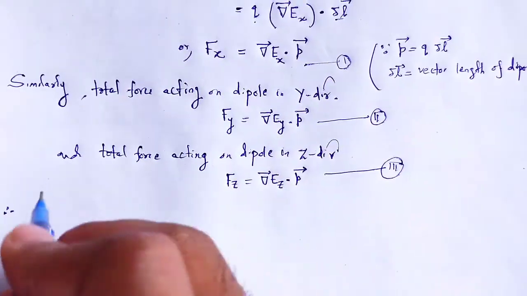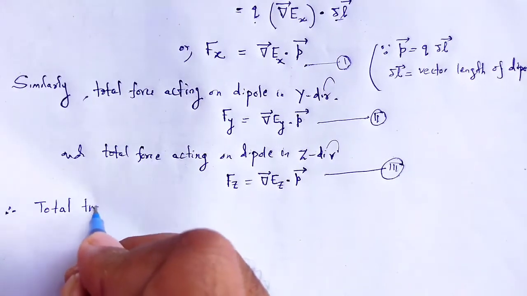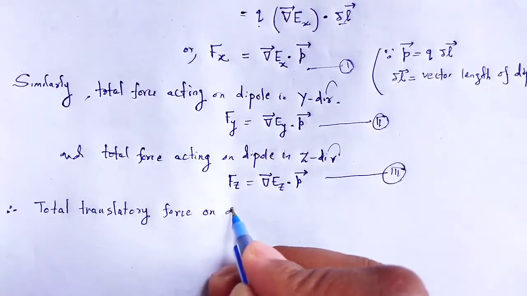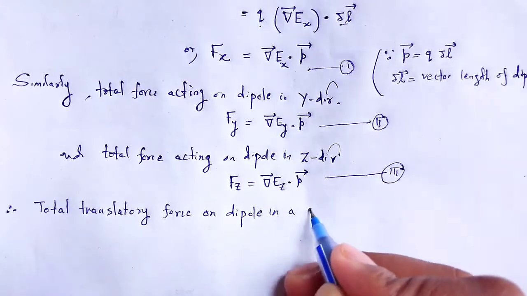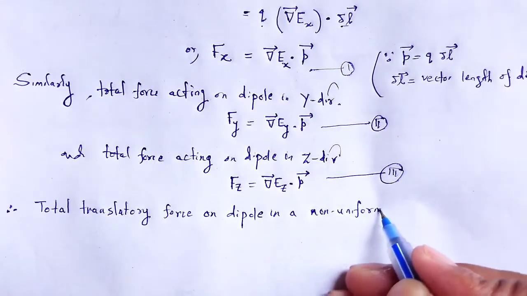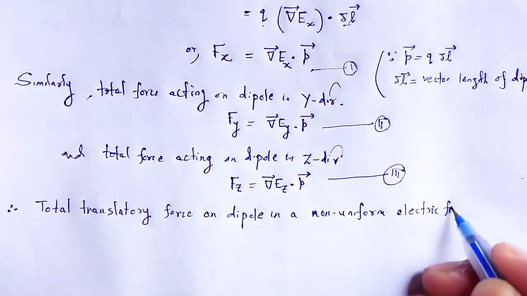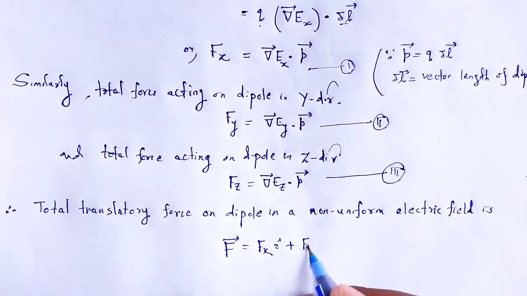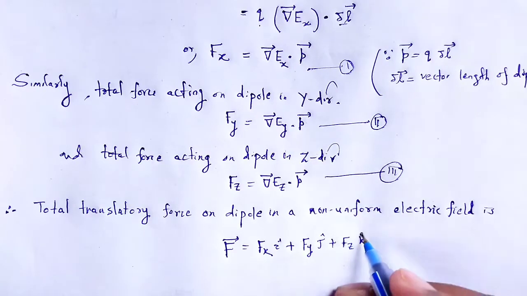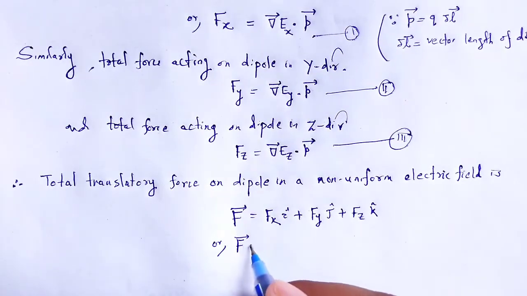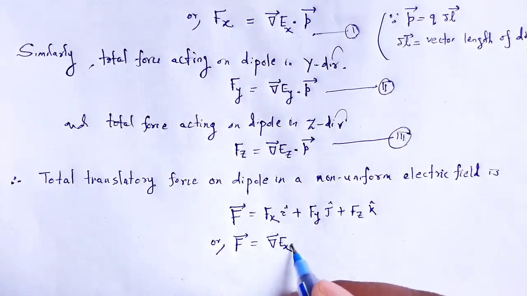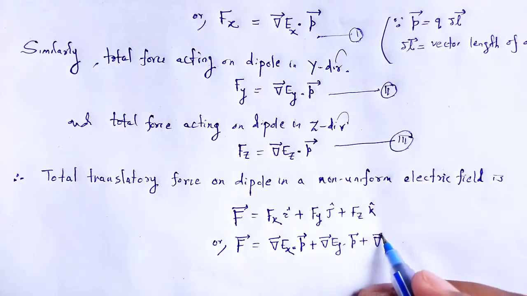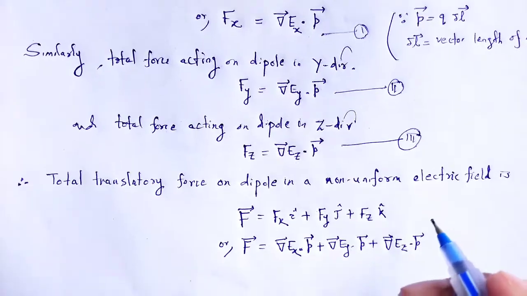the net translatory force, or total translatory force on the dipole in a non-uniform electric field, is F is equal to Fx i cap plus Fy j cap plus Fz k cap, or F is equal to grad Ex dot P plus grad Ey dot P plus grad Ez dot P, or